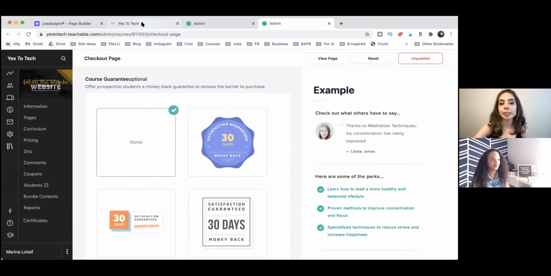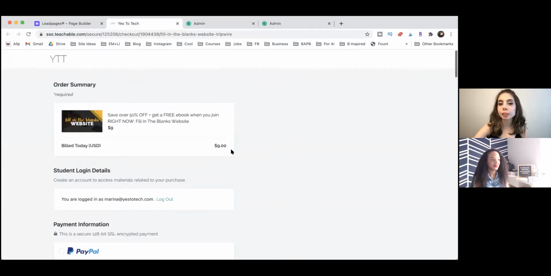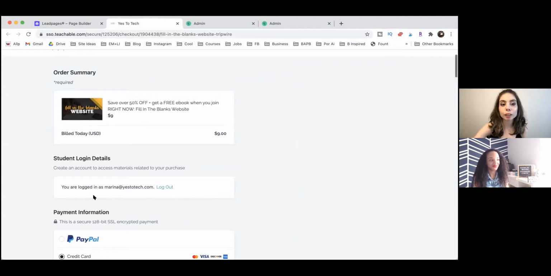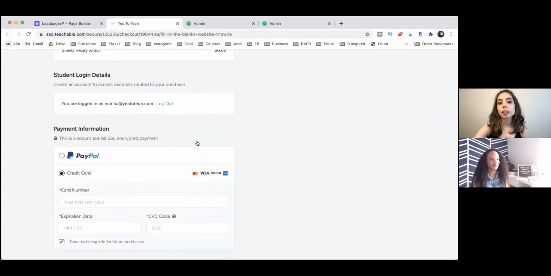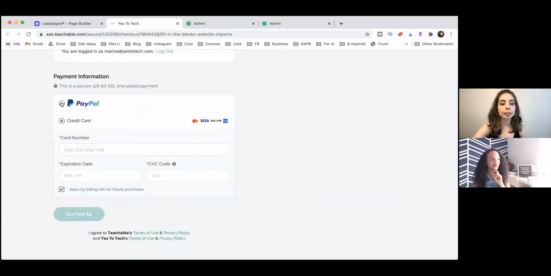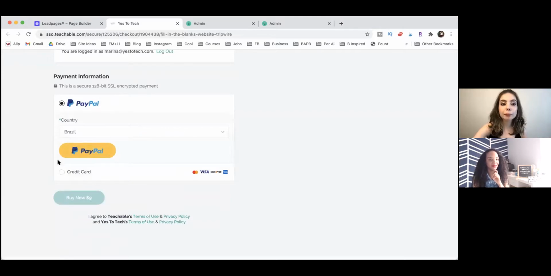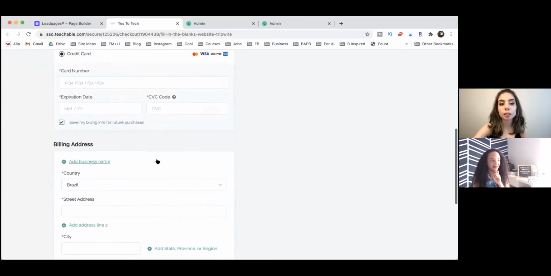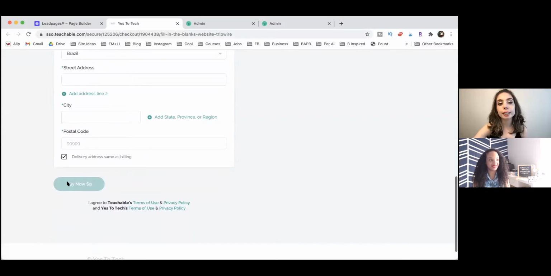Or as you can see in the one that I have for this product, since it's a really low cost product, I don't have any of that because it literally should be a no-brainer for the student to come over here, add their student details, their payment information, so they can select whether they prefer to pay with PayPal or even with a credit card, add their billing address,